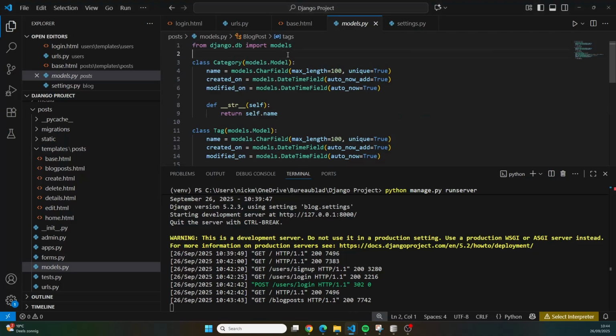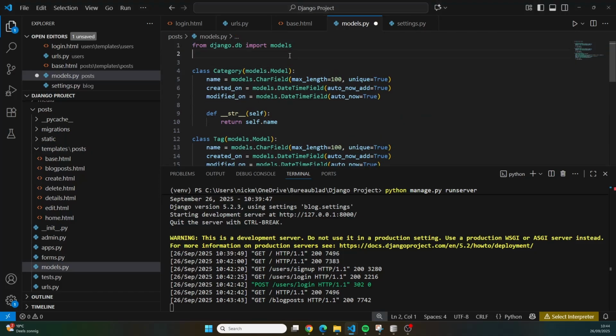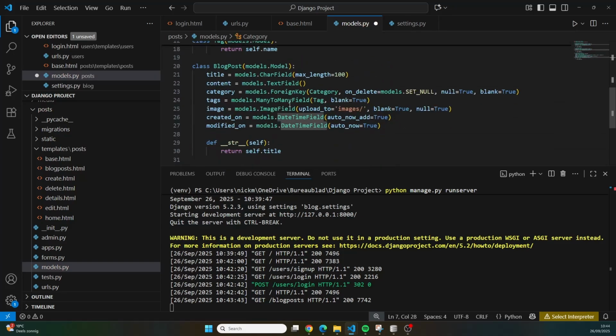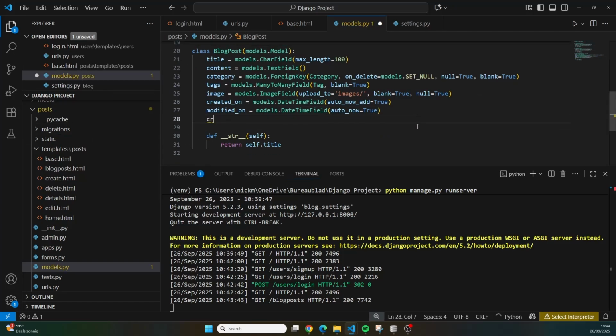First thing we need to do there on the top is import the user model. So we do from django.contrib.auth.models and we import User because that's where our users live. Then we're going to go to our blog post model and we are going to add another field on the bottom here where we say created_by, which is equal to